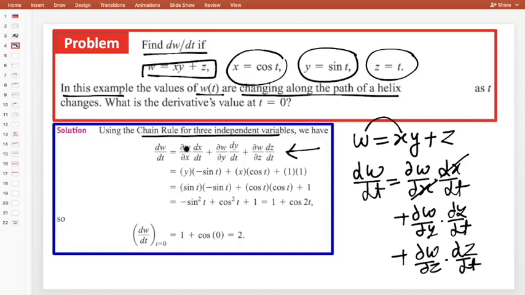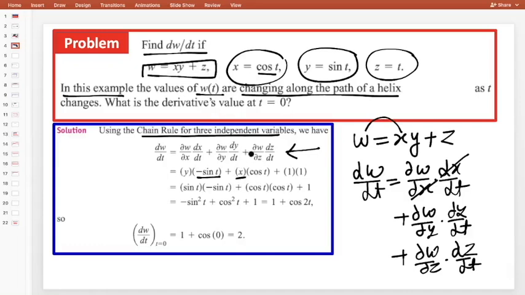So just see, del w by del x is what? w is given as xy plus z. Once you differentiate partially, with respect to x, y and z are treated as constants. So with respect to x it will be 1 and y is constant, so we only get y. z gives 0. Why? Because for the partial derivative with respect to x, z is treated as a constant. dx by dt, x is given as cos t, so the differentiation of cos t is what? Minus sin t, right? del w by del y, again differentiate partially with respect to y, so y becomes 1, x and z are constant, so we only get x, and z gives 0.